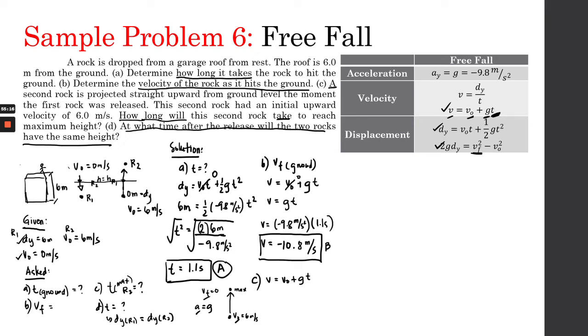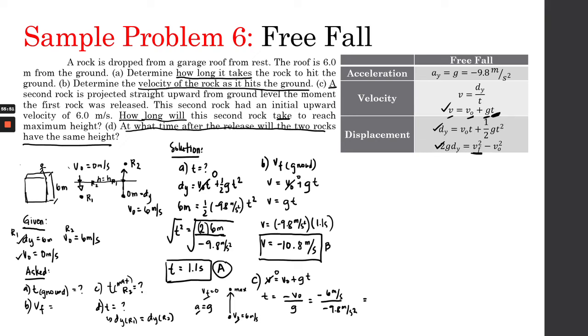Since we're looking for time, and we know that the final velocity is 0, we can remove this as 0, and that would give us time is equal to negative v0 divided by g, and that is negative initial velocity, 6 meters per second, and g is negative 9.8 meters per second squared, and therefore our time is